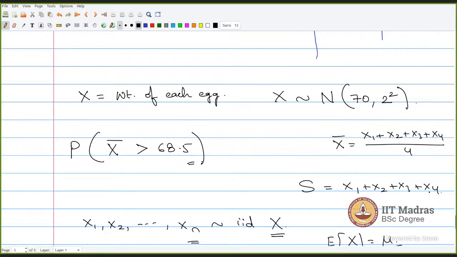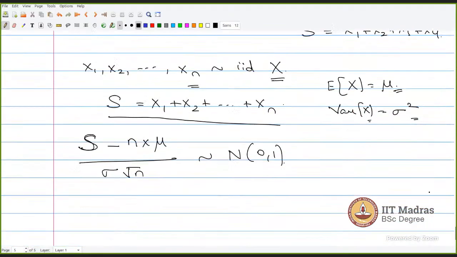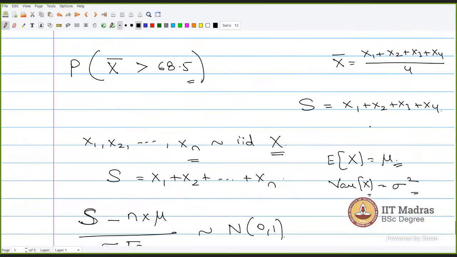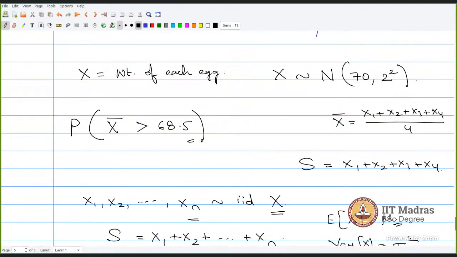Venkatesh, over here where you have written S is equal to x1 to xn, we just have 4, right? So we will consider x1 plus x2 plus x3 plus x4, just 4 values. This is the general case. So now in our case, n is 4 only. Now in this case, S will be x1 plus x2 plus x3 plus x4, and these are capital X's.